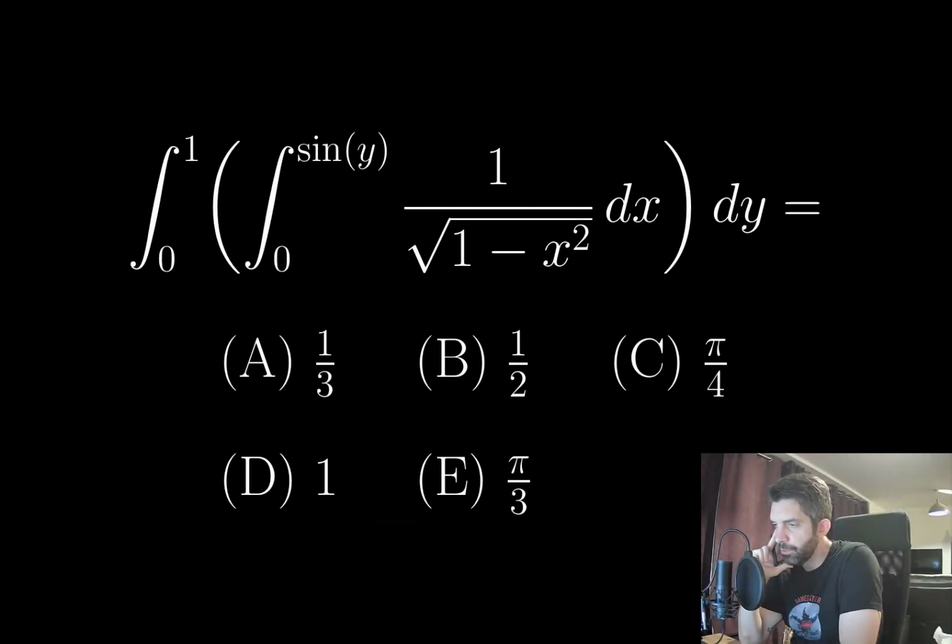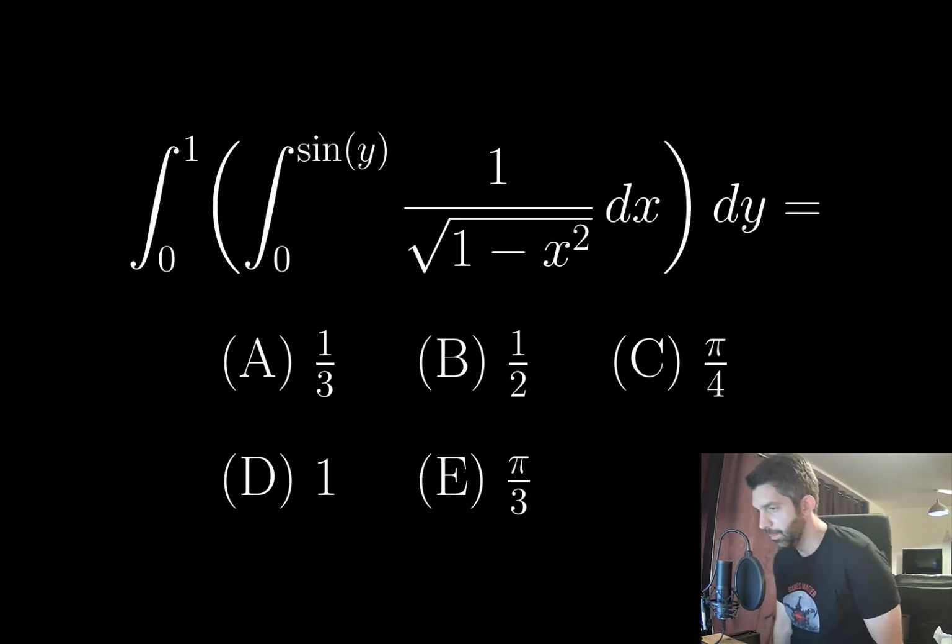The integral from 0 to 1 of the integral from 0 to sine y of 1 over the root of 1 minus x squared dx dy is equal to one of these options. Okay, so my first thought here is I was a little bit